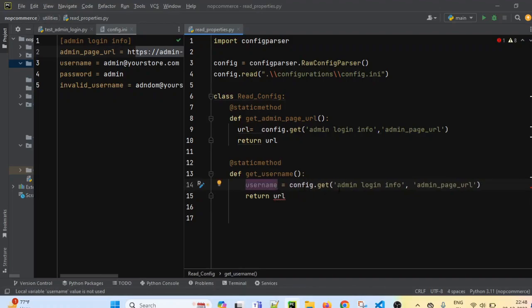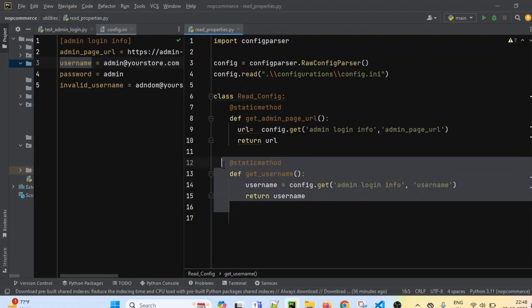What will we place here? Section name will remain the same, because username is also present in this section, admin login info. Instead of admin page URL, now we have to provide username here, and then it should return username. Whenever we call this get_username static method, it will return the username value from config.ini.